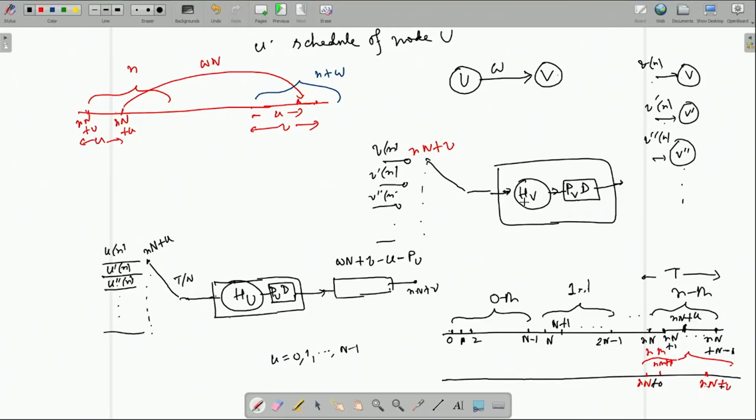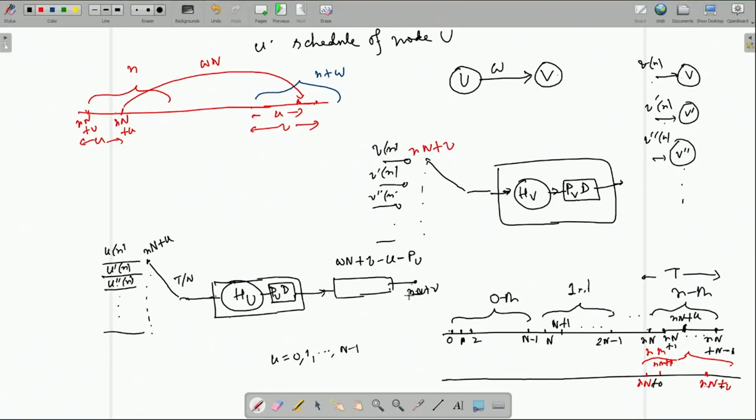That means, if this u node has schedule small u, V node has schedule small v, and they are chosen by you fixed, then after this processing you should have a delay of this much amount, okay, so that when you touch this at the schedule small v, that is at n into capital N plus v,